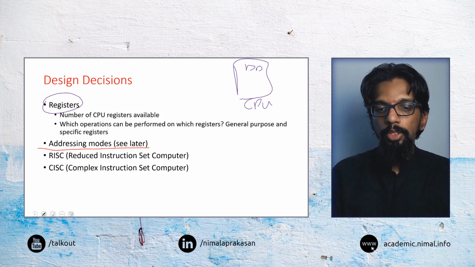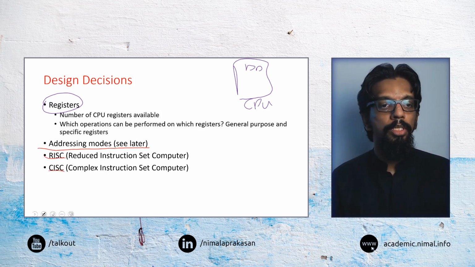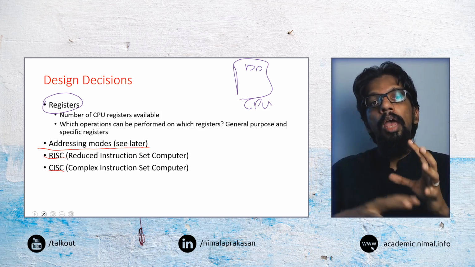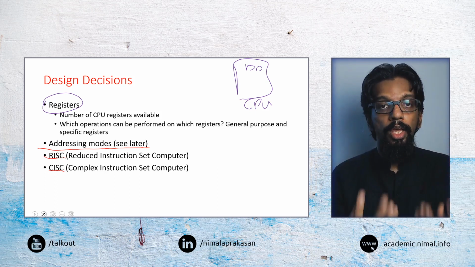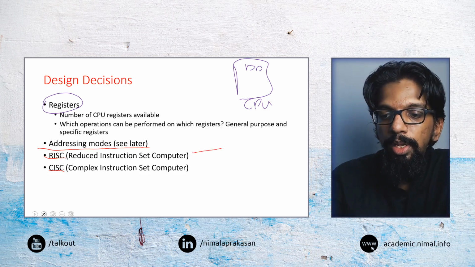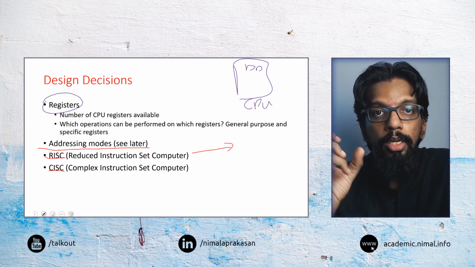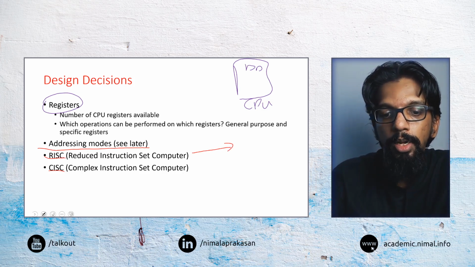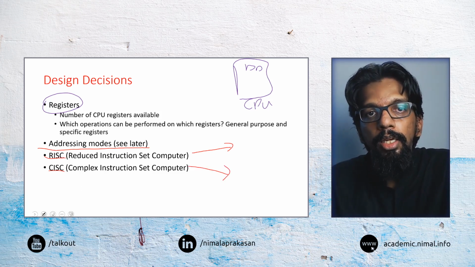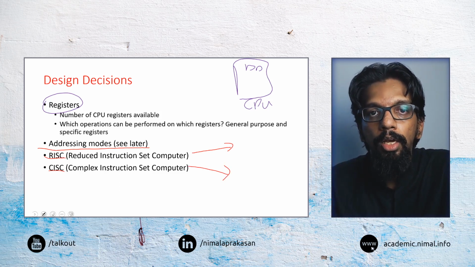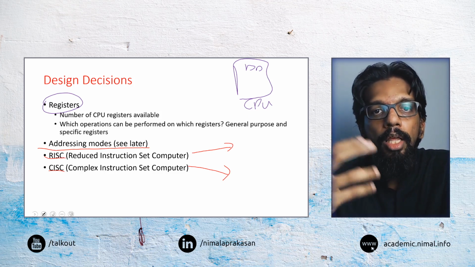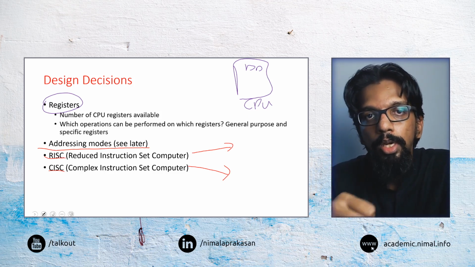The main difference between RISC and CISC computers is that RISC are reduced instruction sets, so we don't have a large number of instructions, whereas in CISC we have a large number of instructions. The trade-off would be RISC computers can be smaller in terms of the hardware needed to implement the smaller number of instructions, whereas CISC computers may need larger hardware or larger CPUs. So that is a brief look at that, but you may be covering that in much more detail in courses like operating systems and so on.